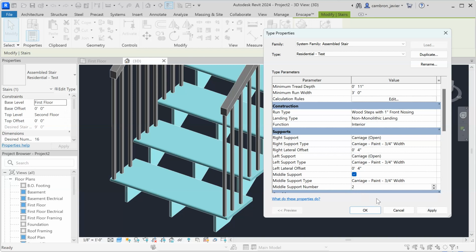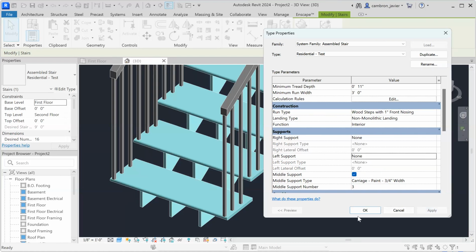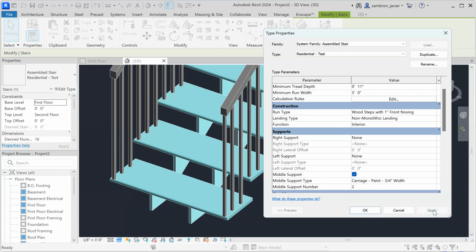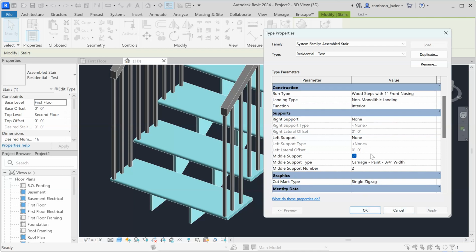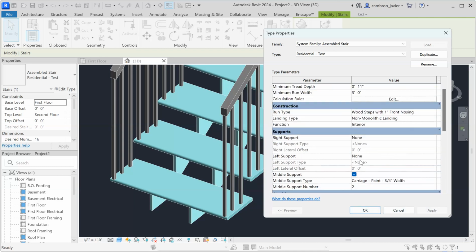Let's say 3. There we go. I could even go in and delete or remove the right support and remove the left support. And maybe we bring this down to 2. Okay. So we have that as an option